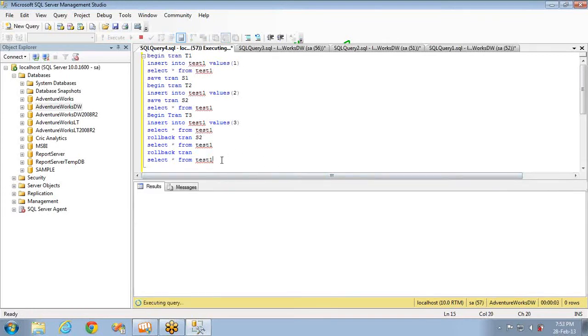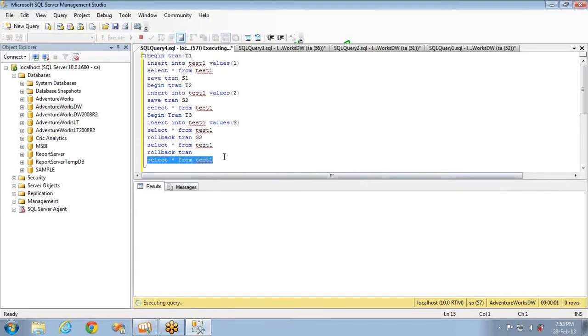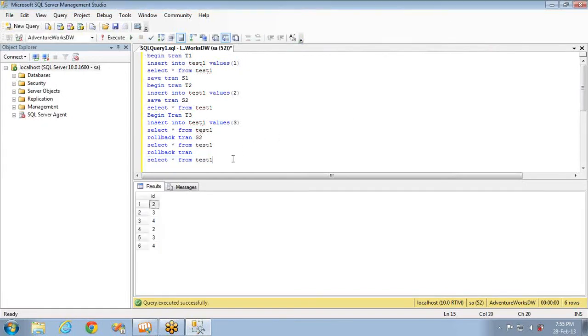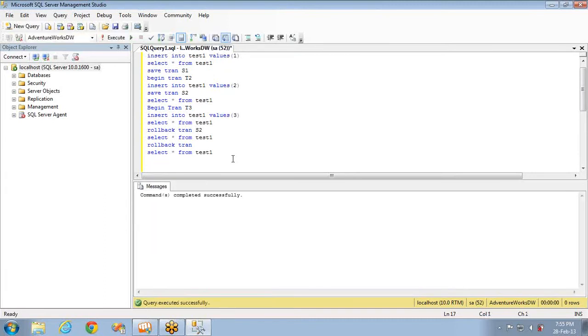Oops, I executed only one record. Let's see the select statement first. What are all the data that is present? What the hell? It is taking a lot of time to execute a select statement. Okay, fine. It has some records. Let me delete the data, truncate table test1, so that it will be clean. Now let me show you there are no data at this point of time.